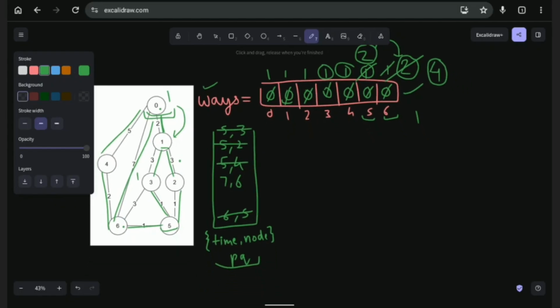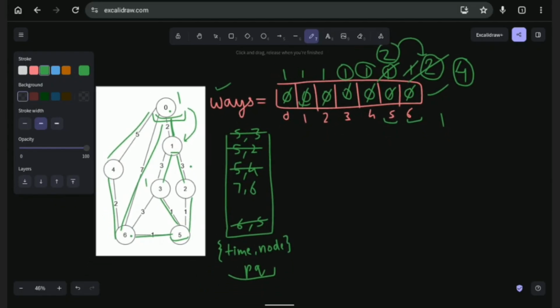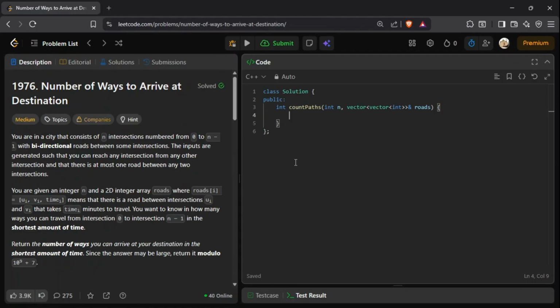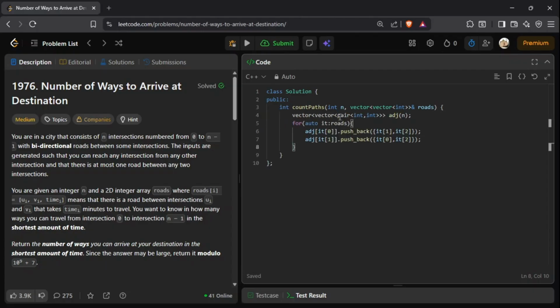So this is going to be our approach to solve this problem. So moving on to the code. So now the code. First I'll simply make the adjacent vector, that is vector. So now you see I've made the adjacent vector,